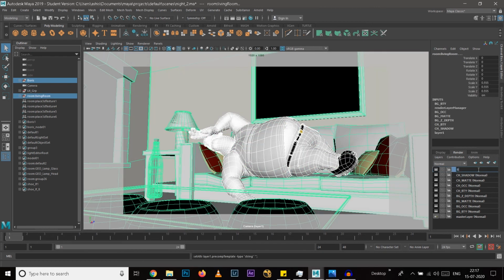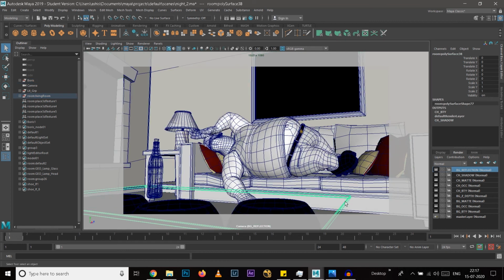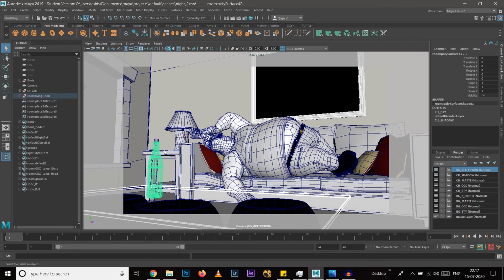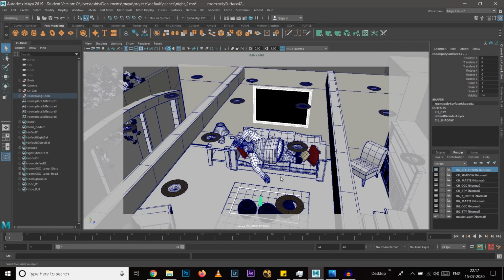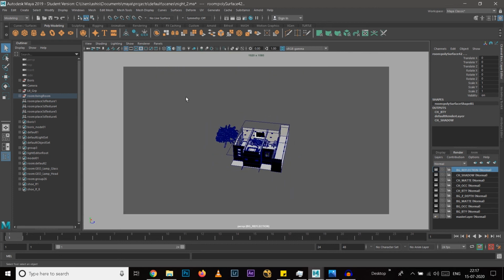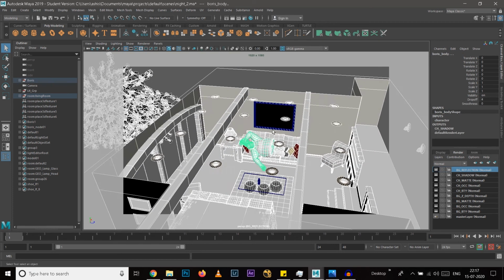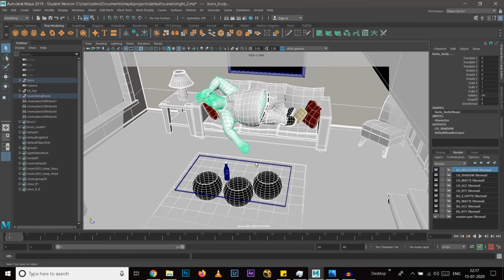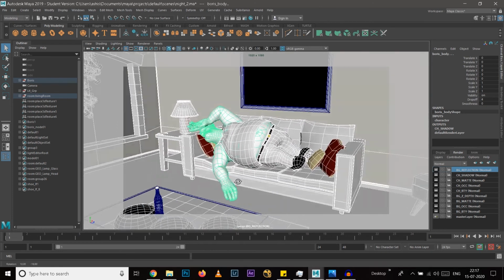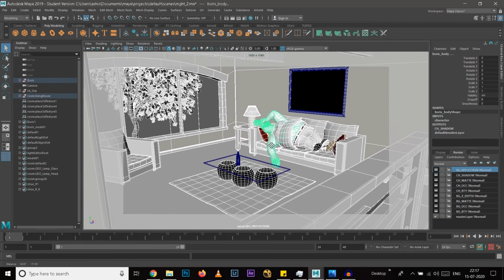I will rename it BG reflection. Okay, and in this layer I will select this, select this, select this. Okay, and after selecting all this, I will go to perspective view and shift drag, so that now other than those first three objects, now all other objects are selected.